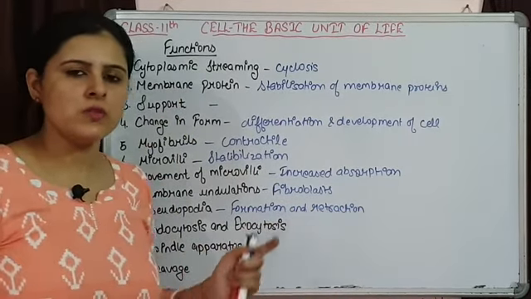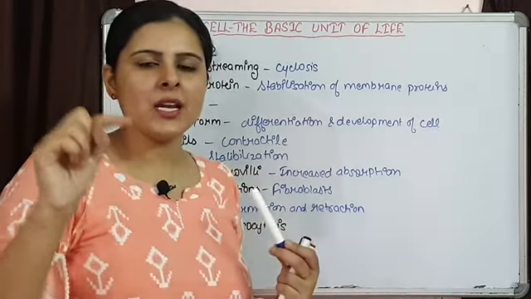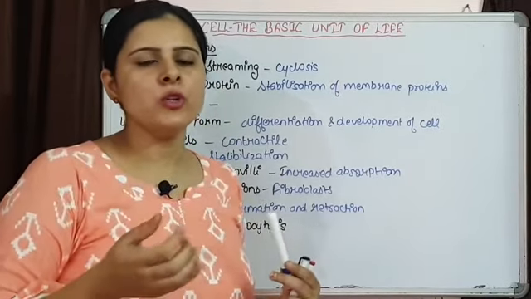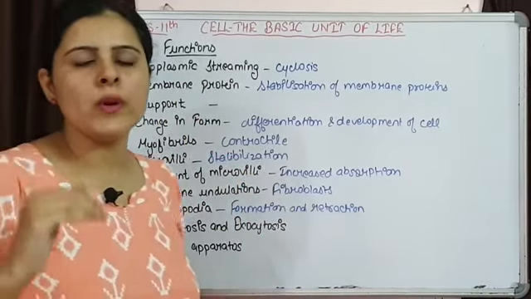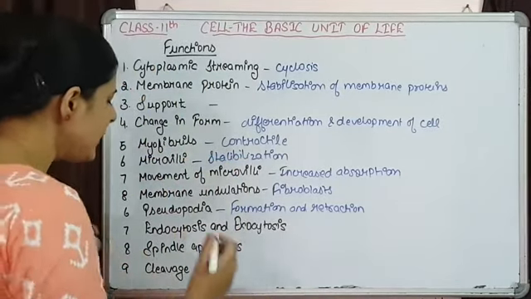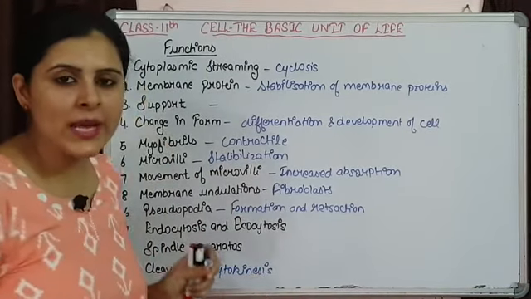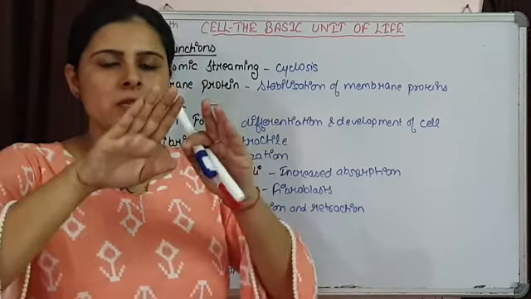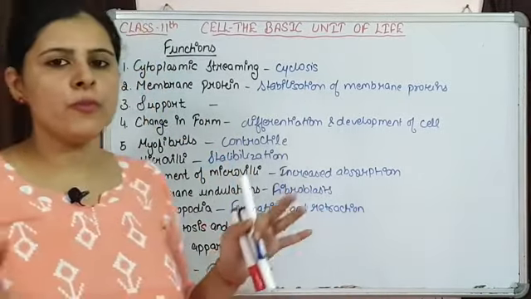Endocytosis and exocytosis: we already discussed that during endocytosis and exocytosis, for the changes coming in the plasma membrane, the microfilaments associated below the plasma membrane are responsible. Then spindle apparatus: in most of the lower organisms, these are responsible for the formation of the spindle apparatus. And during cytokinesis, which means division of cytoplasm, they are responsible for the formation of the cleavage furrow, so that the cytoplasm divides into two parts. So these are some of the functions of microfilaments.